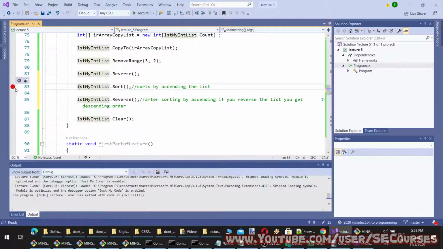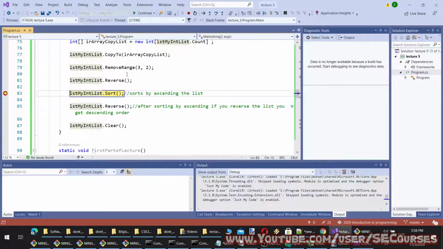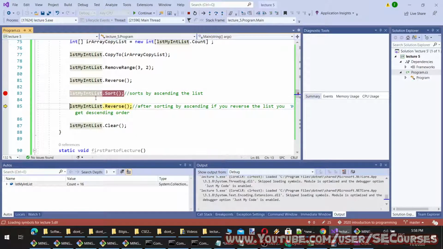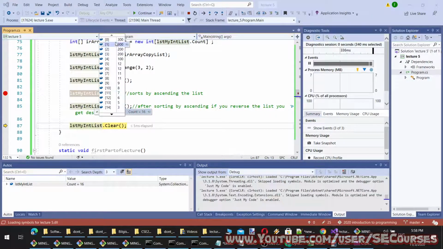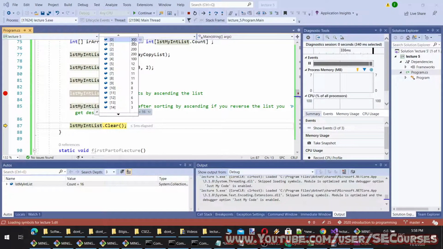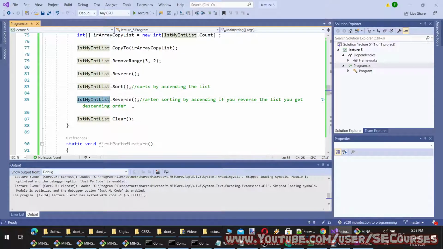So I am going to put a breakpoint here, and when we sort the list, you see now it is sorted by ascending, and when we reverse the list, you see it is becoming sorted by descending. Okay, so this is a methodology that you can use.